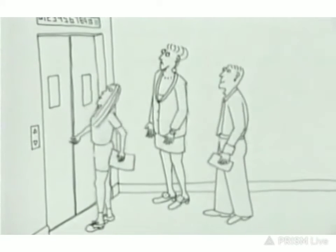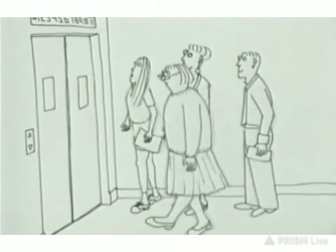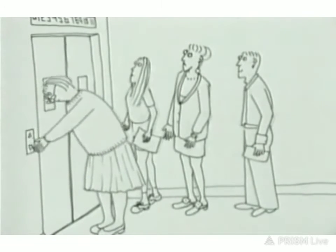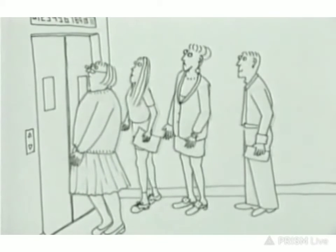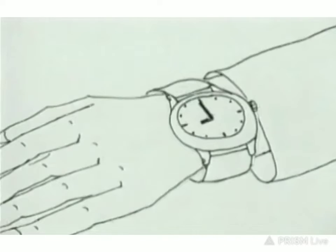Bother! Leave it, Polly, it's stuck on 6. Here she comes now. It's gone straight past. Don't fiddle with the button, Joan, it won't make any difference. Sorry. If I'm late for my meeting, I'll...